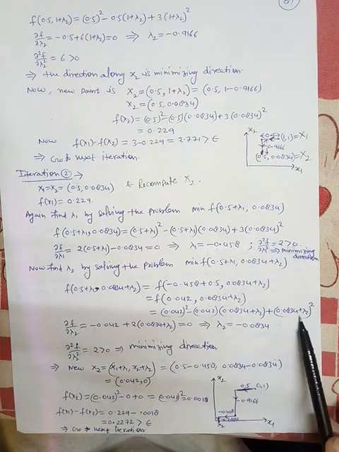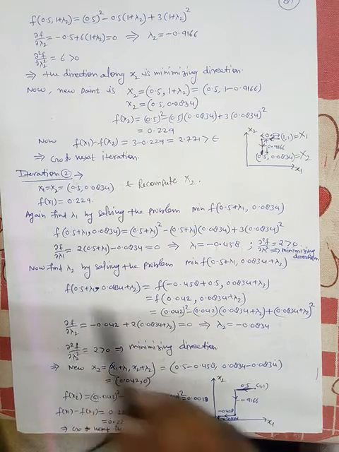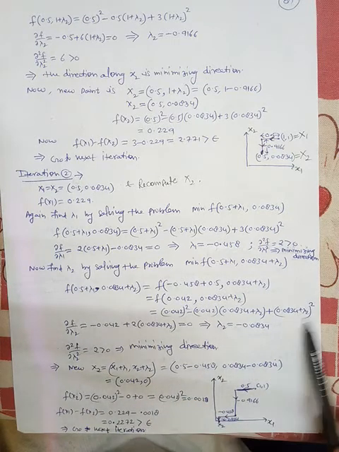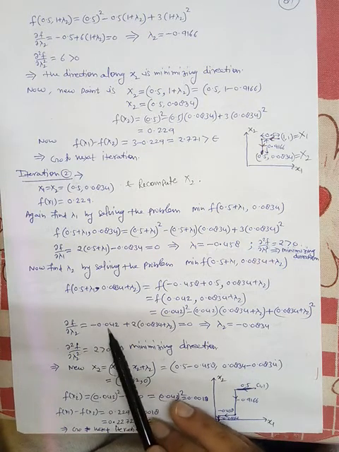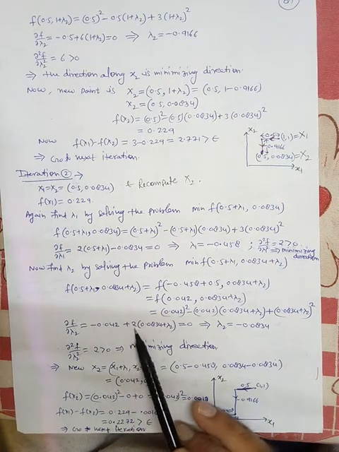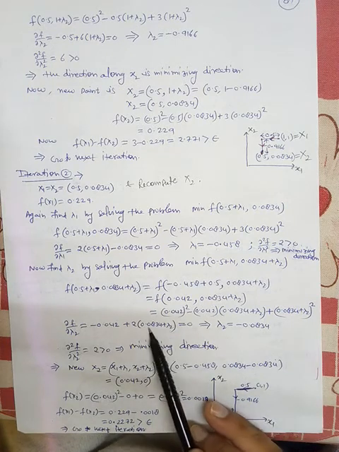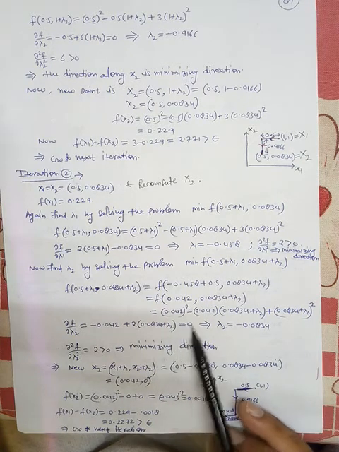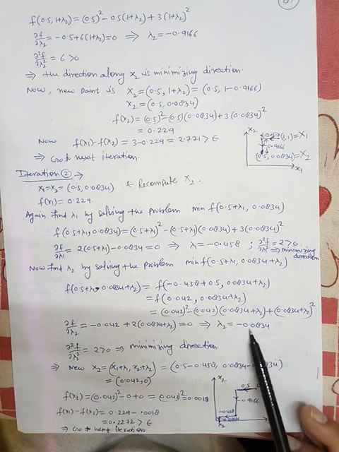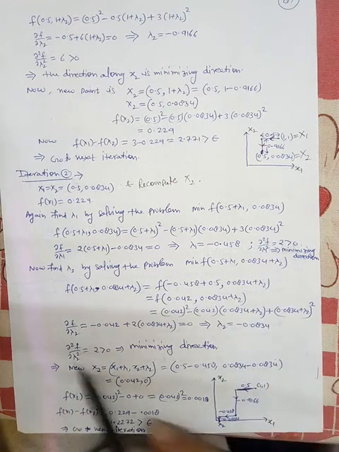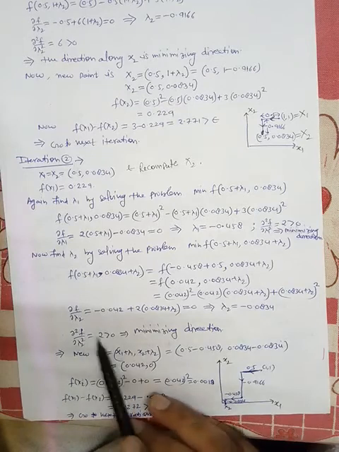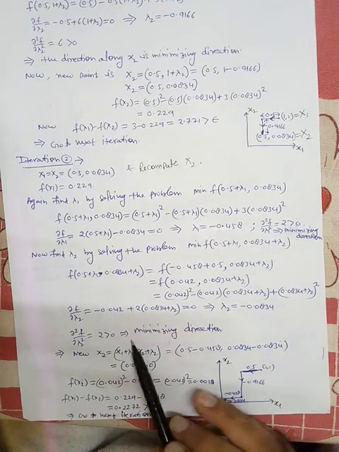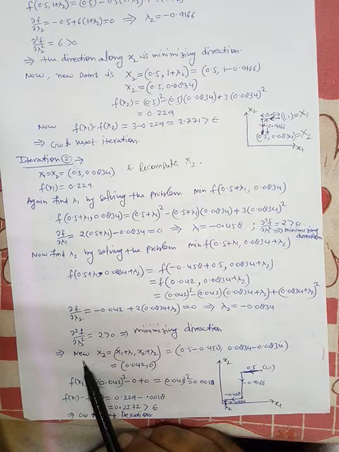So this is the function, and now partially differentiate this function with respect to lambda 2. So del f by del lambda 2 is equal to minus 0.042 plus twice into 0.0834 plus lambda 2. This should be 0. So lambda 2 will be minus 0.0834. Now again second differentiate this, del 2f by del lambda 2 is equal to 2, greater than 0, hence minimum direction.